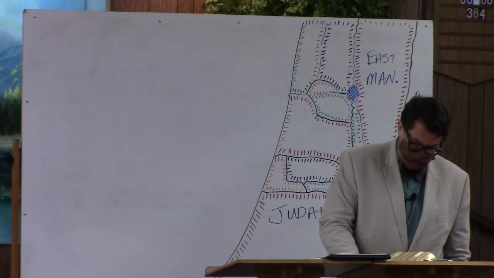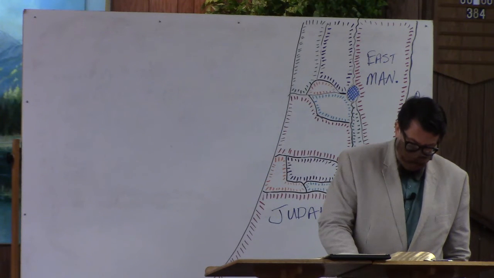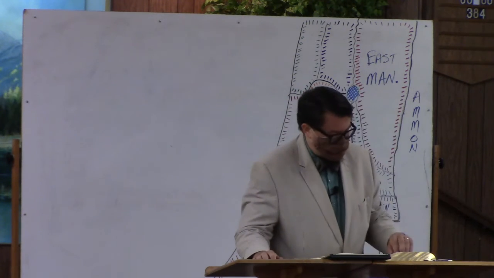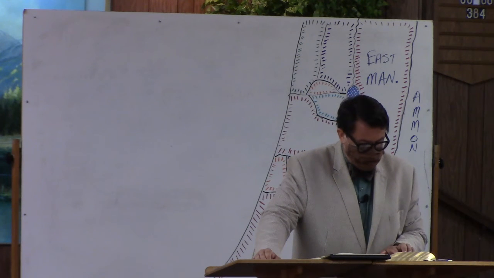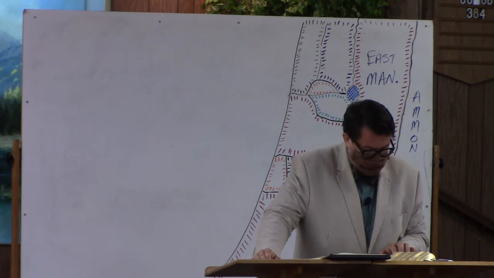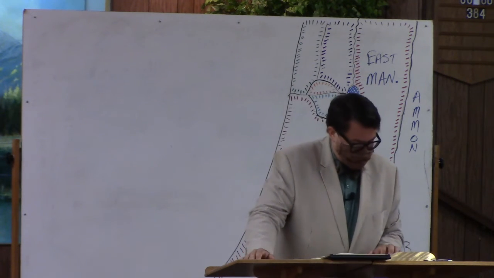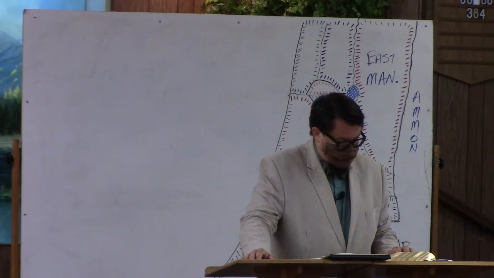Ekron with its towns and villages. From Ekron to the sea, all that were by the sea, the side of Ashdod, with their villages. Ashdod, its towns and its villages. Gaza, its towns and its villages, to the brook of Egypt and the great sea with its coastline. And in the hill country, Shamir, Yatir, Sako, Dana, Kiryat Shana, that is Debir, Anav, Eshtemo, Anim, Goshen, Alon, and Gilo, 11 cities with their villages. Arav, Duma, Eshan, Yanim, Bet Tapua, Afekah, Humta, Kiryat Arba, that is Hebron, and Zior. 9 cities with their villages.